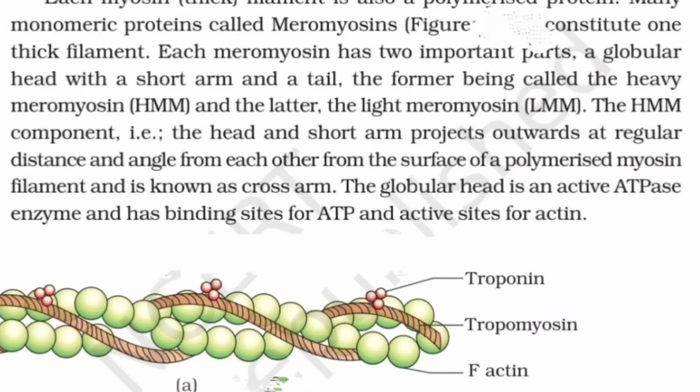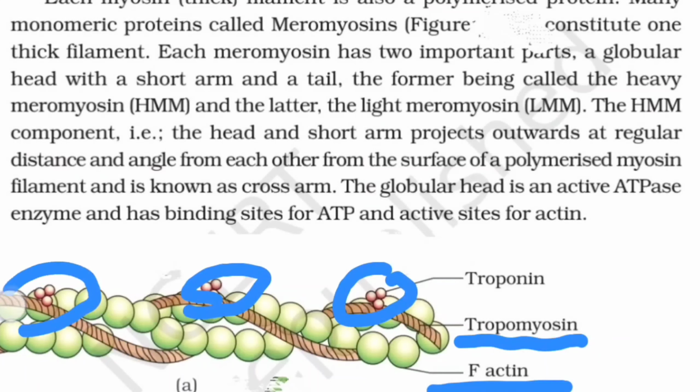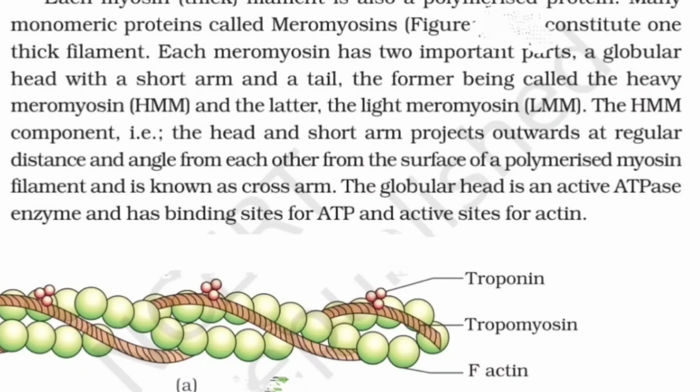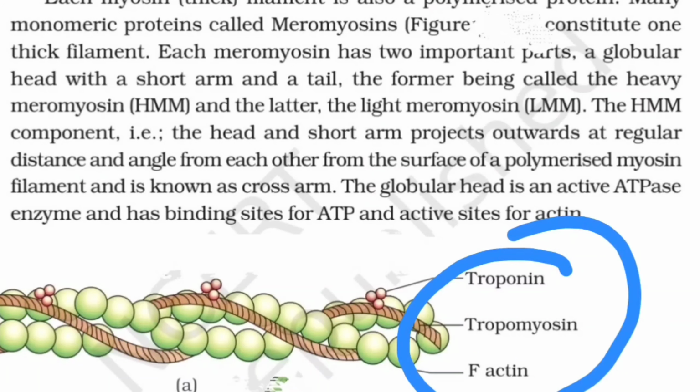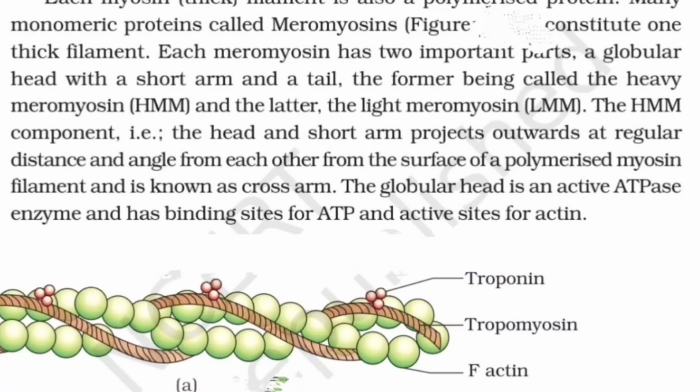So we have two filaments of F actin. Another, we have tropomyosin, which is running parallel to the actin, and we have two filaments of tropomyosin as well. Another third protein, which is present at regular intervals on the tropomyosin, is called troponin. So basically, actin is made up of three main proteins: F actin, tropomyosin and troponin. Now going through the myosin.